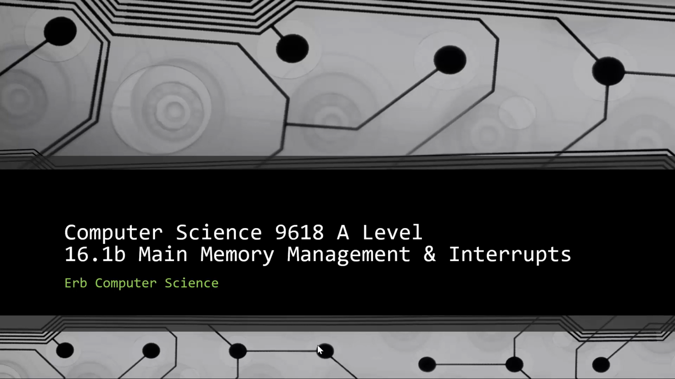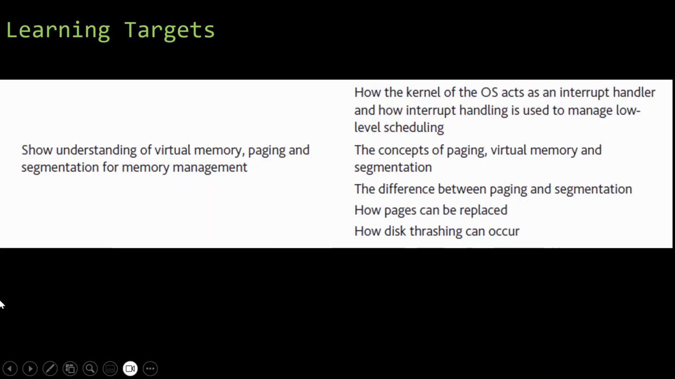In this video for Computer Science 9618 A-Level, we're going to be taking a look at main memory management and interrupts. Let's go ahead and take a look at the learning targets so we know what we've got to be doing. Cambridge wants us to show an understanding of virtual memory, paging, and segmentation, and that is what this video is